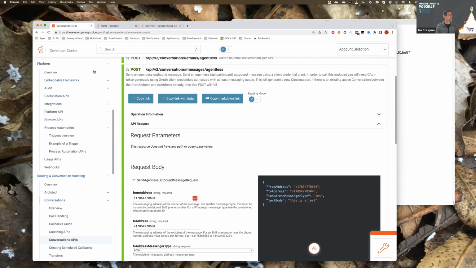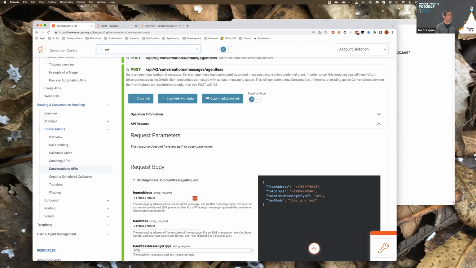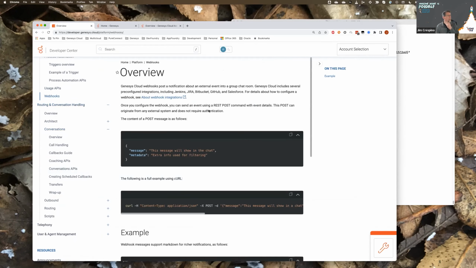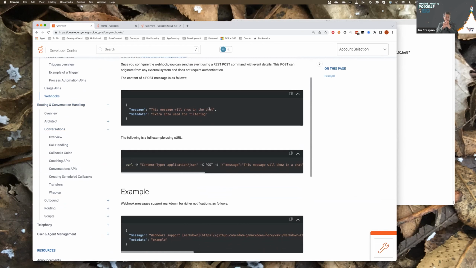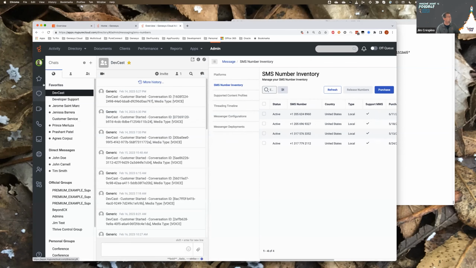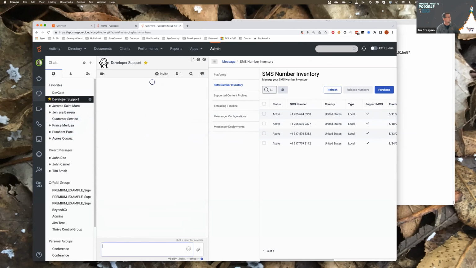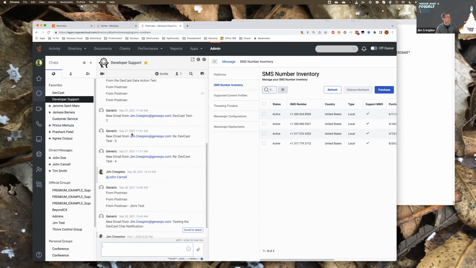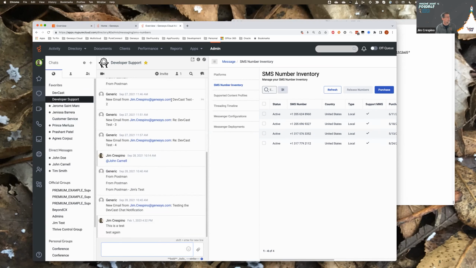The other thing you could do is in the workflow, you could post into a Genesys Cloud chat room. So if I look at webhooks, you could use our webhook API to post a message into a Genesys Cloud chat room. So that would look like this. If you go to the chat widget on Genesys, and you go to the developer support one, see here I was posting messages into this chat room from our webhook API.